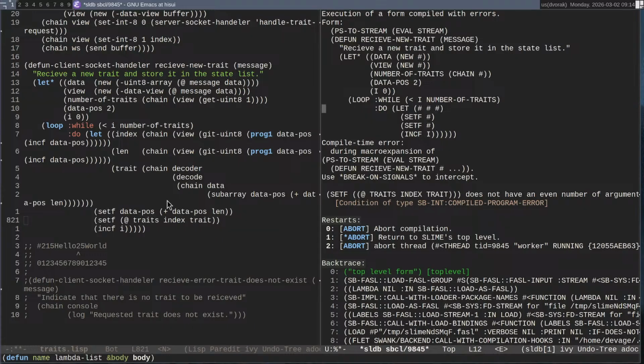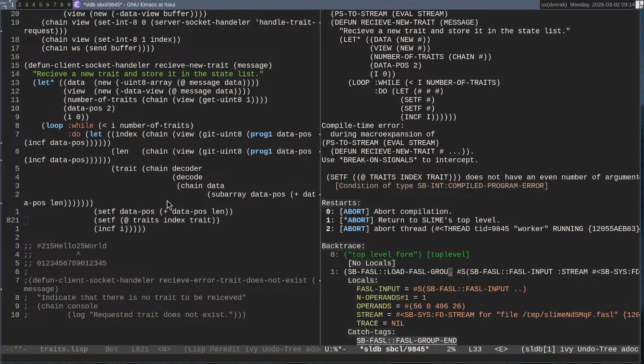Yeah, sure. During macro expansion of PS to stream, eval stream, defun receive new trait. Yeah, so all of it. Set F. I see. It's this line. This line here. It doesn't like it.